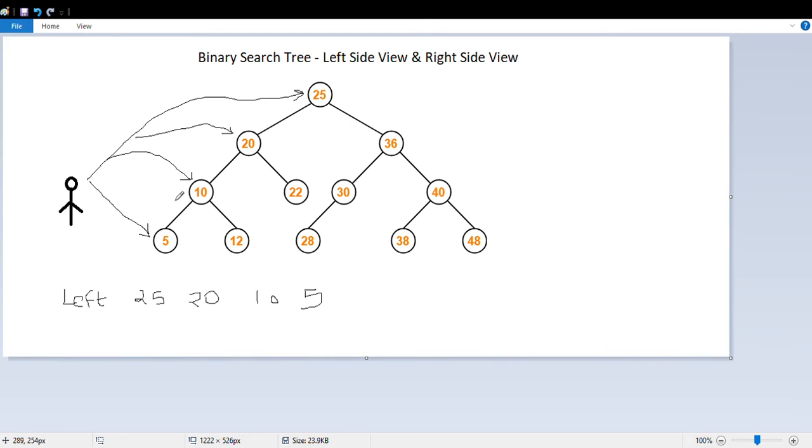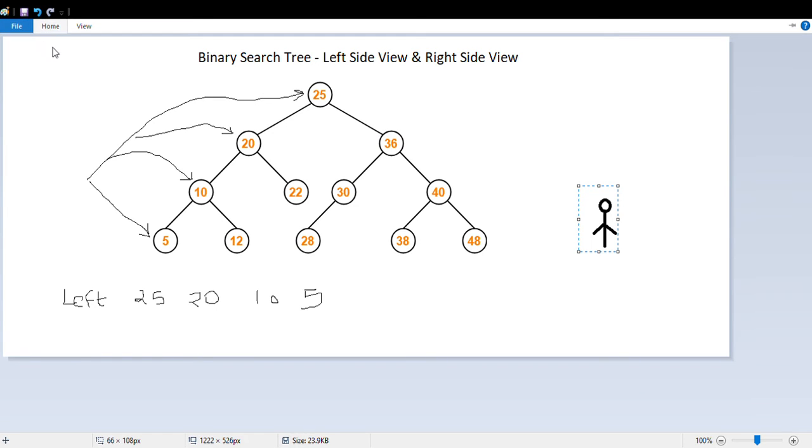Now, if you are standing on the right side instead of the left side, how will you see the binary search tree?